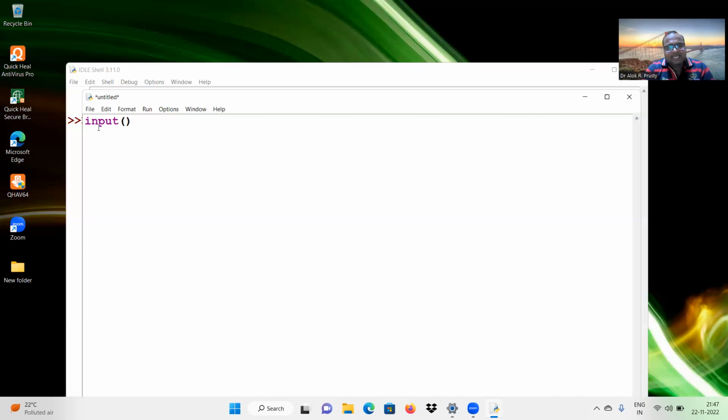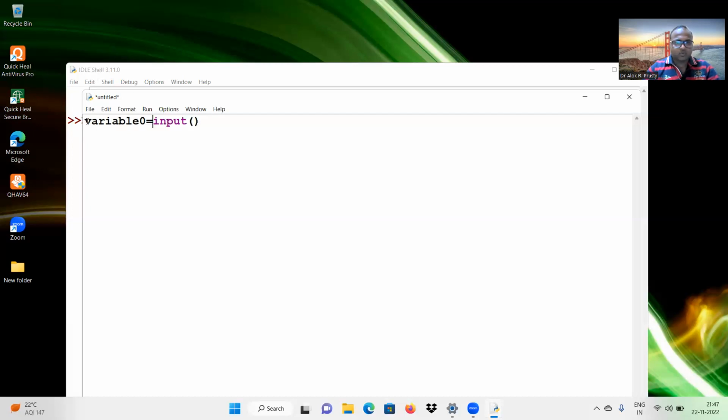As I said, the input function always waits for the user to give some value from the input output console. As the user needs to give some value, the input function always returns a value. Whenever a function returns a value, we need a variable to store that value. So for that, we need to write some variable. Let's say variable